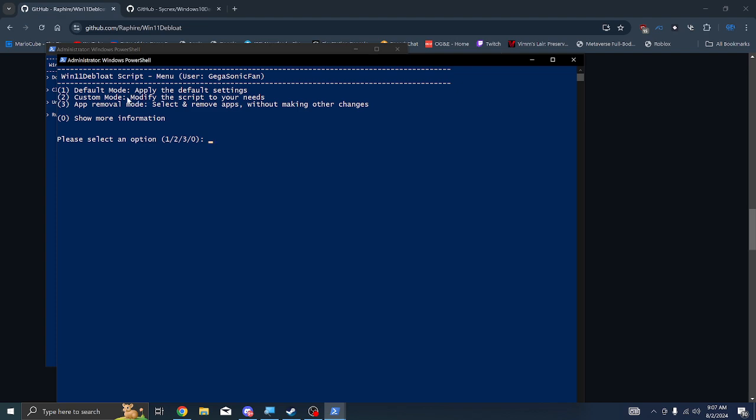Option 2 is essentially the same thing. It offers varying degrees of stuff that it'll delete. But if you want full-on control over your apps, then you want to go to option 3. So just type 3, hit enter,